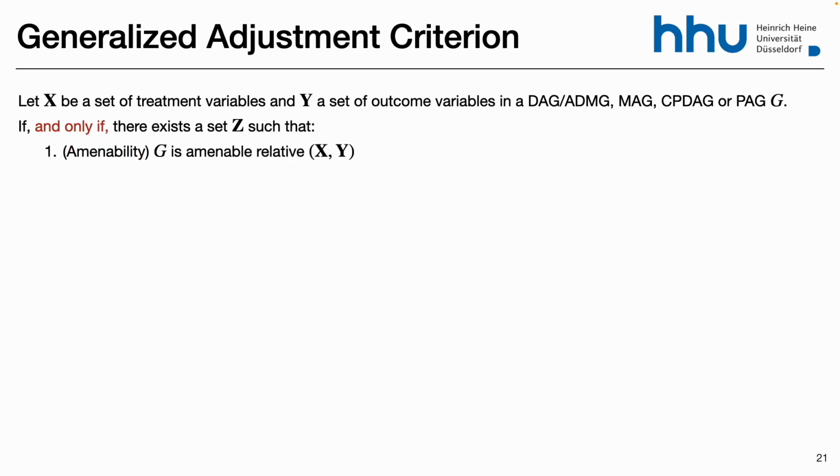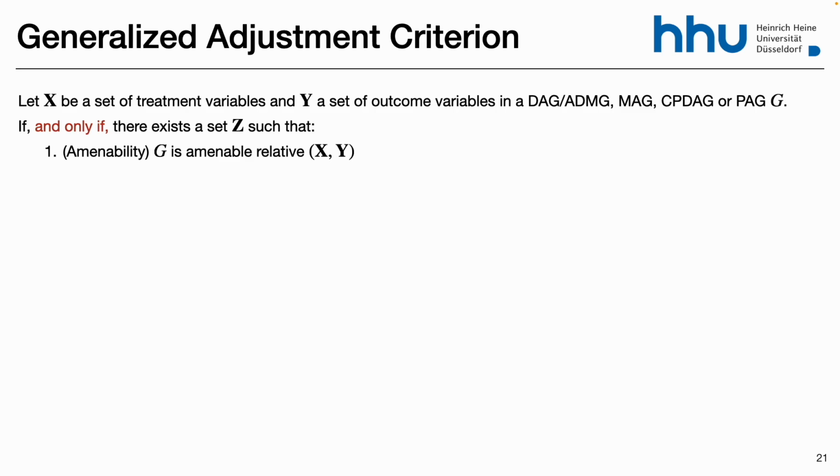Okay, now we can state the generalized adjustment criterion for PAGs. It's basically the same as before. We have the set X, the treatment variables, and the set Y of outcome variables, but it can be in any of these models: DAG, MAG, CPDAG, PAG, whatever. If and only if, so it's a complete criterion, there exists a set Z such that, first, amenability. The graph has to be amenable, in the sense that, you remember, every causal path starts